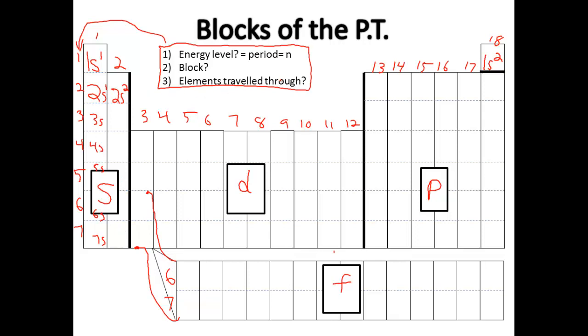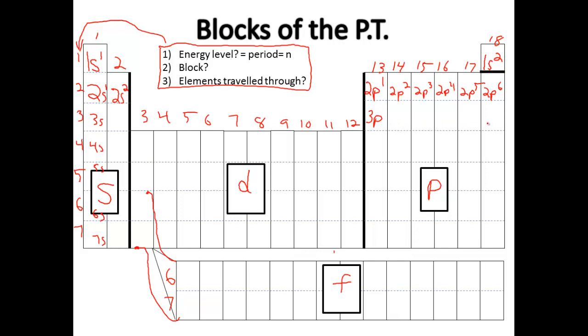Now if we move across the periodic table, once we get past beryllium and moving on to boron, we enter into the p block. Now once we get into the p block, we're in the 2p, and our first element would be 2p1, 2p2, 2p3, 2p4, 2p5, 2p6 would be our final one for that energy level. And once we've filled that energy level all the way up, then we move to the next energy level and we move into the 3s's and continue on to the 3p's,